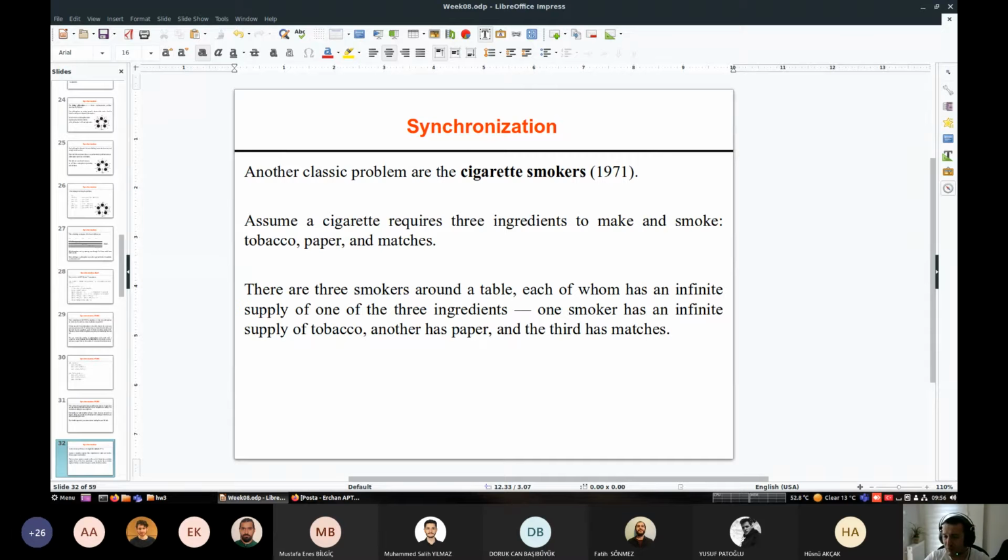Now, the idea is simple. This is an example from the time when smoking was not criticized. So nowadays, of course, it is a very bad habit. But at those times, people were smoking next to children. They were smoking inside cars. Those were difficult times. I am happy for you that you have not gone through that period, because I remember